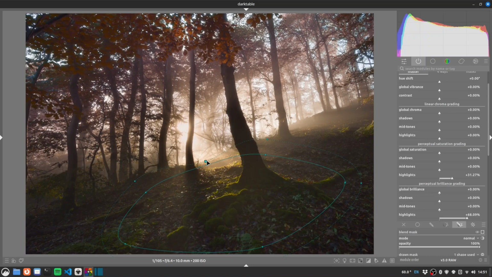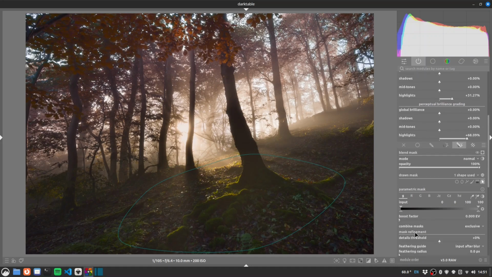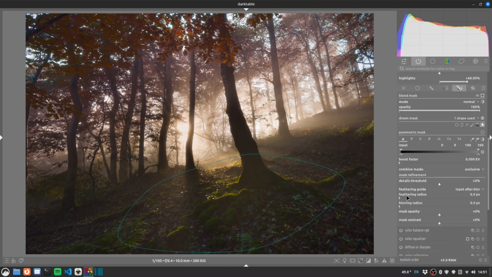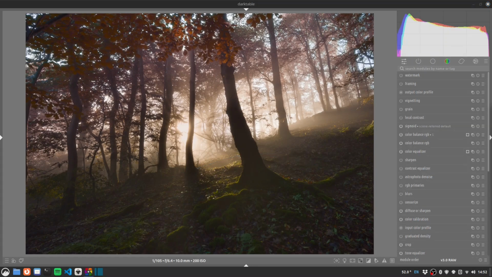Let's pull this in, increase the feather. And I want to exclude the darker areas again, so we're not artificially raising things in areas that shouldn't be raised. There we go. Okay, and I think what we need is quite a lot of vignetting just to